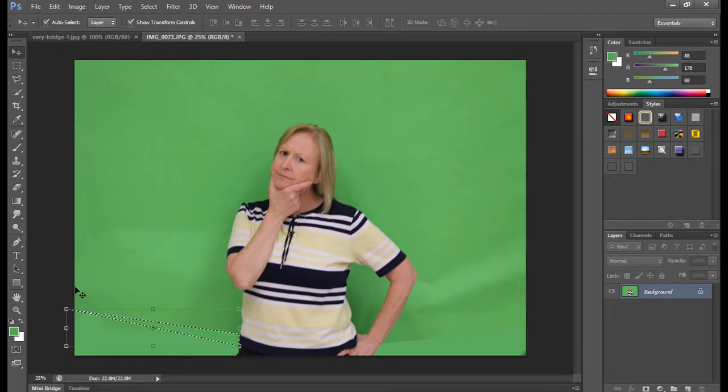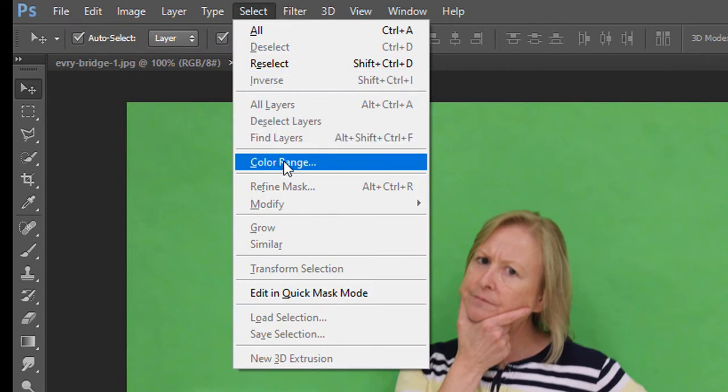And now I want to deselect this. I don't want it selected anymore. So I hold my control button and hit D, and that will deselect it so nothing is chosen right now. Now let's remove the green. So we'll go up to Select, Color Range,